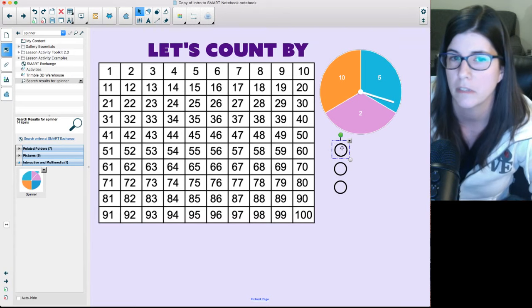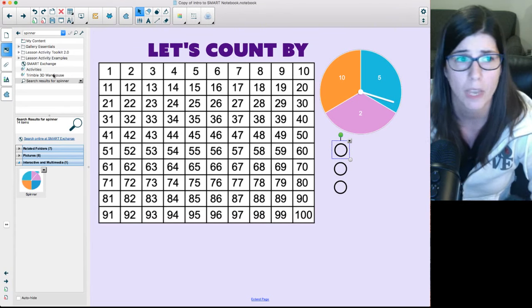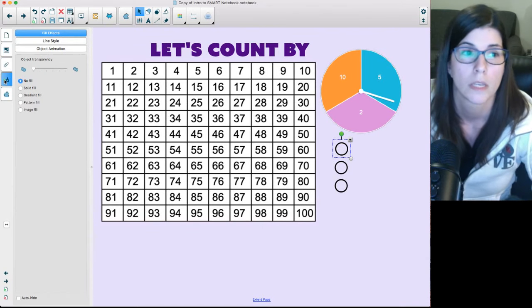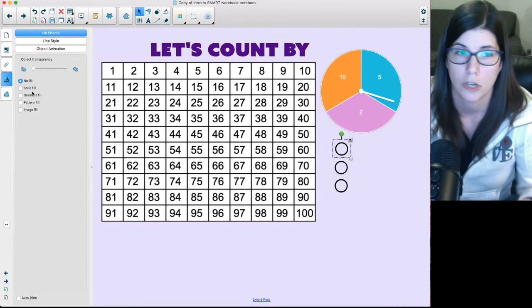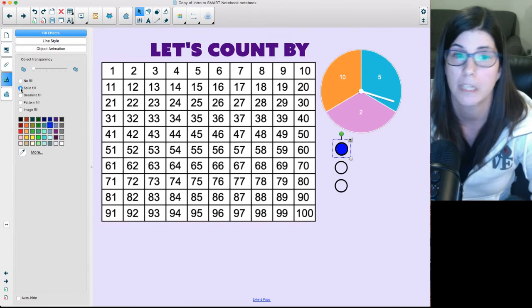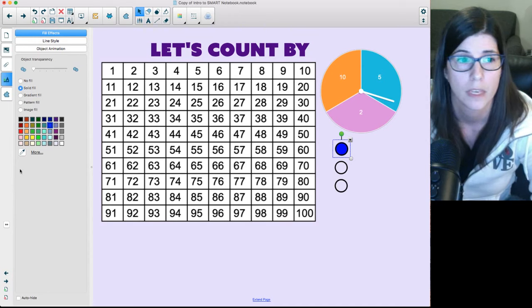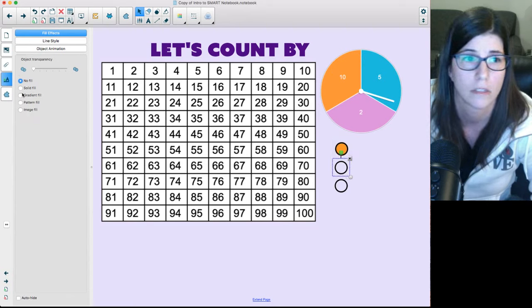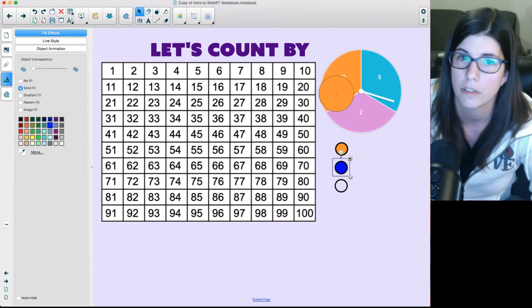And now I want to color these in. So I'm going to select my first one. I'm going to come over to the left-hand side over here again. And the second from the bottom option is the properties panel. And so I can customize and change objects from here. In this case, I'm going to fill it in with a solid fill. And then there's a fancy little eyedropper right here. If I click the eyedropper, I can then come over to the spinner and just click on one of the colorful sections so that I make my counters the exact same color as my spinner,